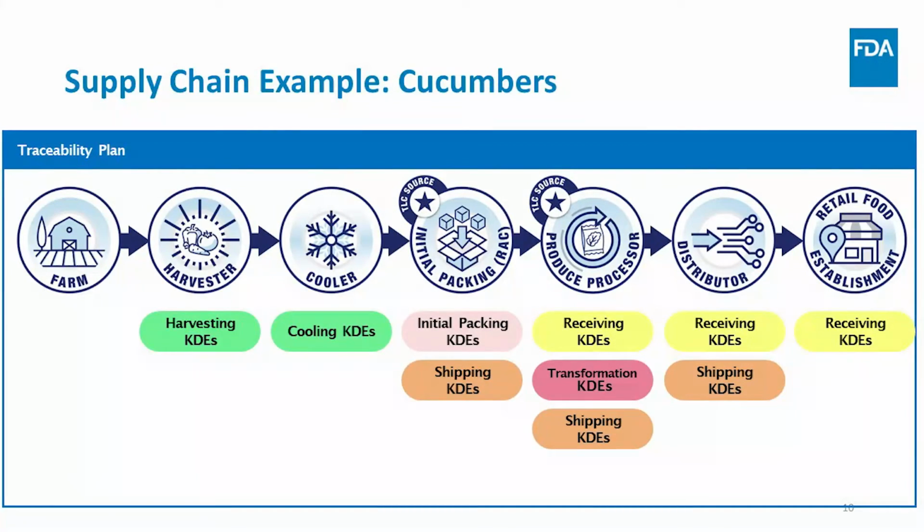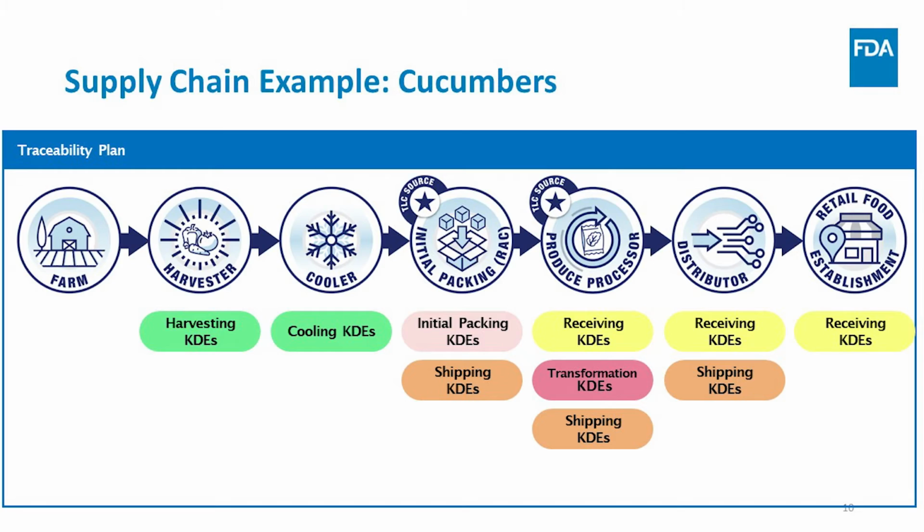Additionally, all entities covered by the rule are required to maintain a traceability plan. During an inspection, or in the case of an outbreak investigation, the traceability plan will help the FDA understand the firm's traceability records. The traceability plan must include a description of the procedures used to maintain the records required by